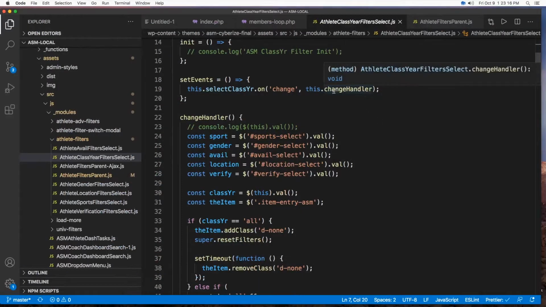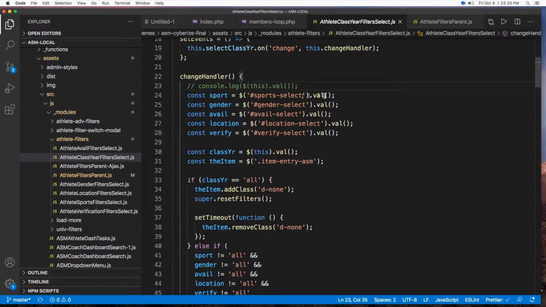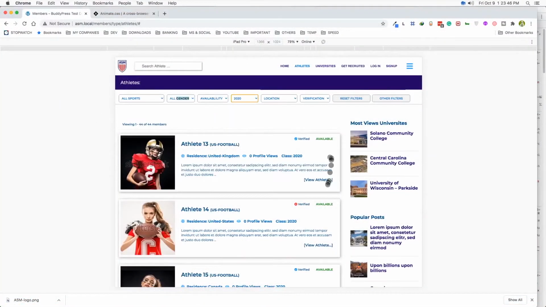So this change handler is basically what it's doing. It's collecting the values that are chosen from all the others, and just in this case the class year, I'm using this because this is the one being selected, and also the overall item I'm putting into this item. Item means basically this whole box,